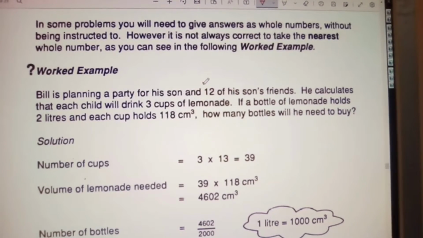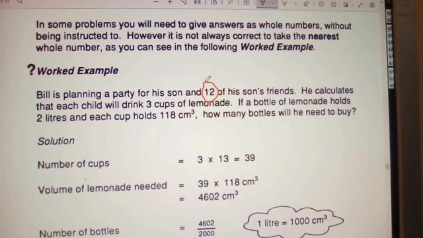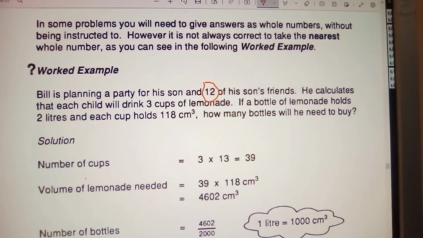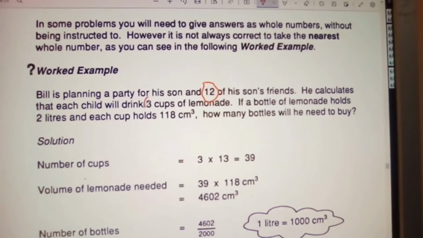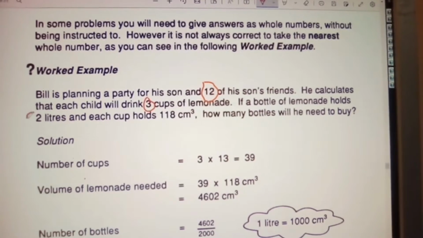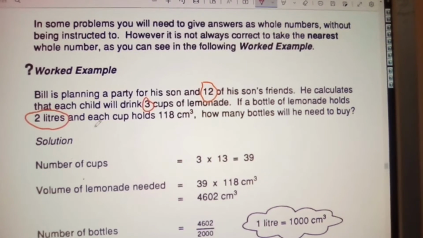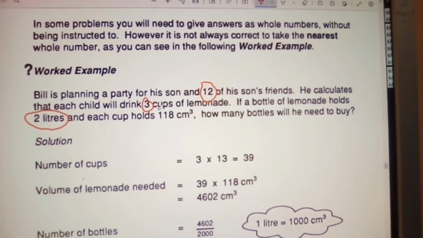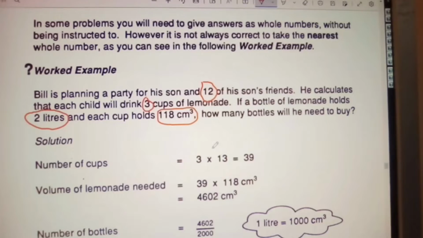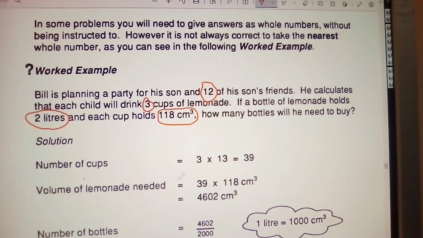We have 12, okay? 3, 2 liters, how many bottles will he need to buy? Okay, so the number of cups,